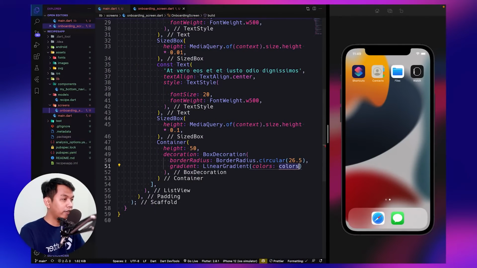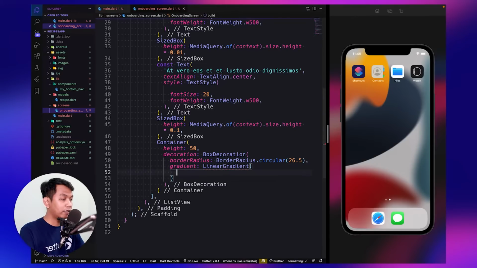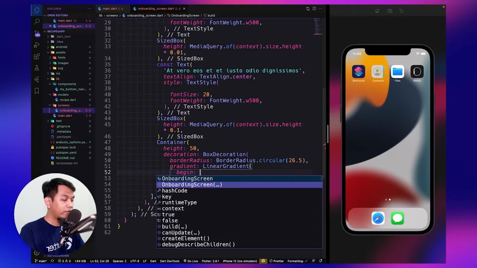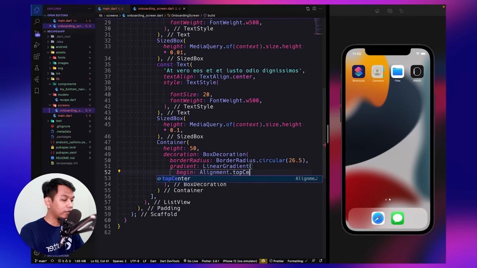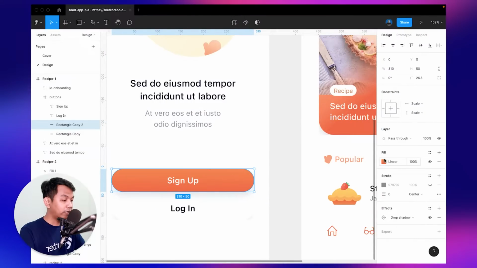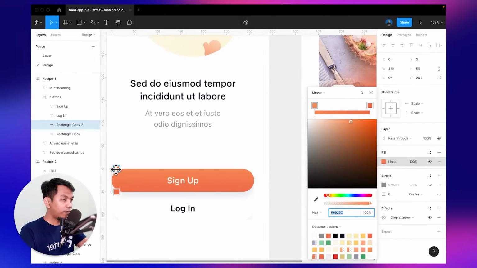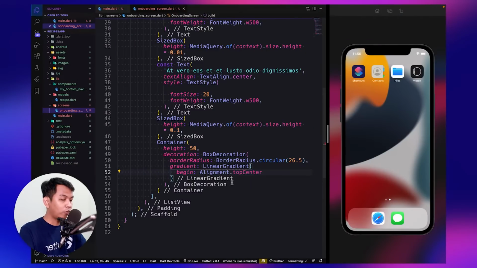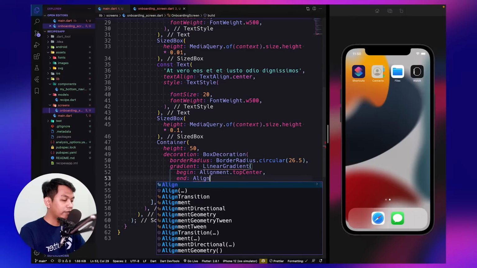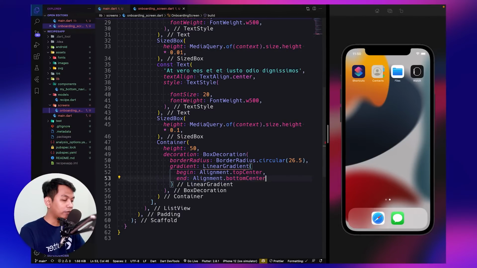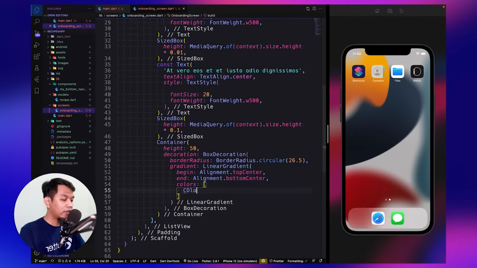And because, as you can see, this is a gradient color, we say gradient, we say LinearGradient, and LinearGradient has a parameter begin. For the begin we use Alignment.topCenter, because as we can see when we click this it goes from top to bottom, so we say Alignment topCenter to bottomCenter. For the end, as I said, Alignment.bottomCenter, and for the colors we use a list of colors.